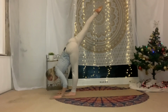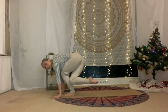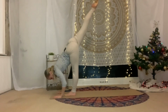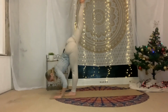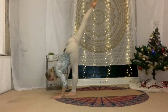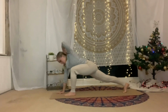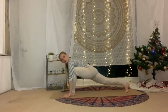Okay, bend this front knee, bring the right knee to the outside of the left shin, coming into that twisted squat. One, two, and three. Brilliant job. Okay, bend that front knee, bring the back right foot down, plant the left hand, both hands down,